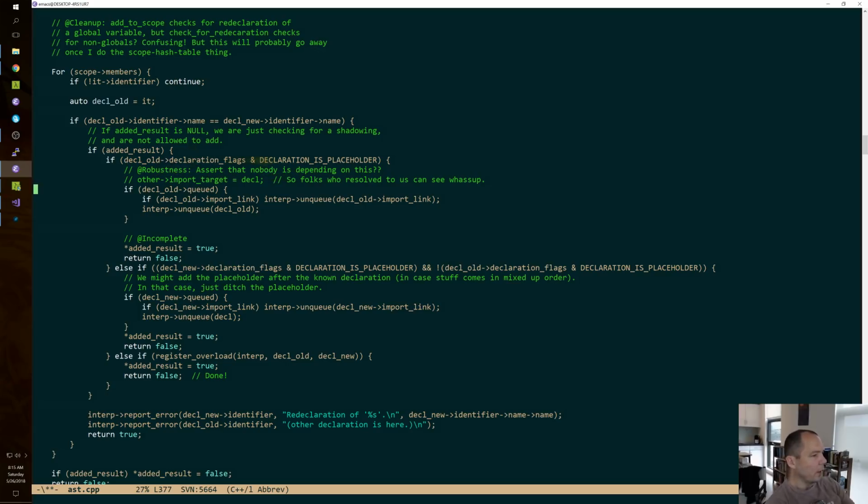So, if the old declaration is a placeholder, then okay, we want to drop the new one into the array where the old one was. And maybe I need to do something else, but who knows? Okay, so